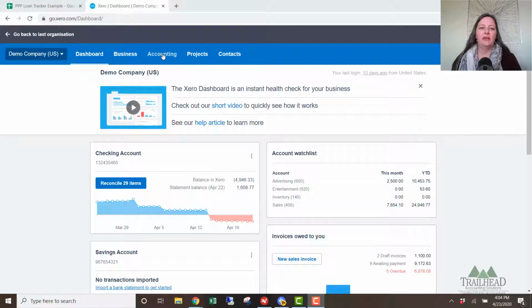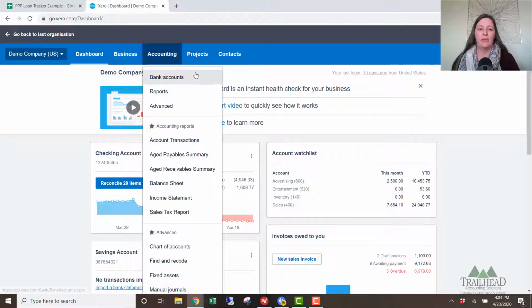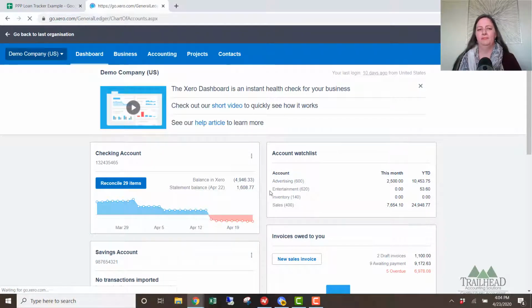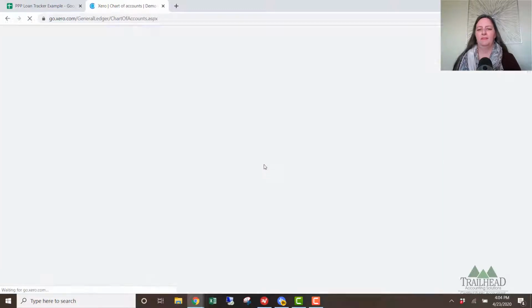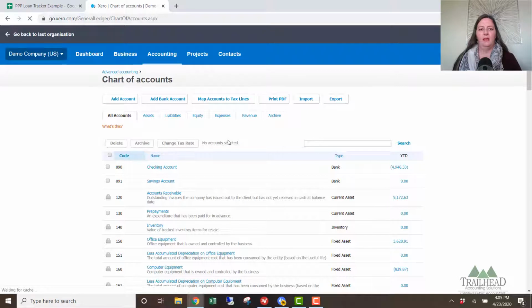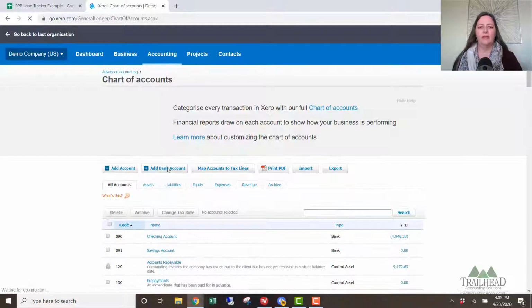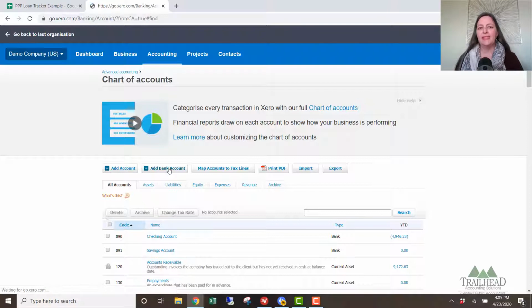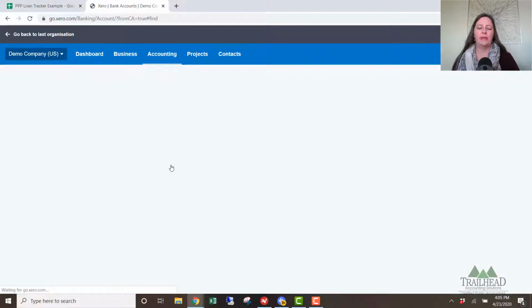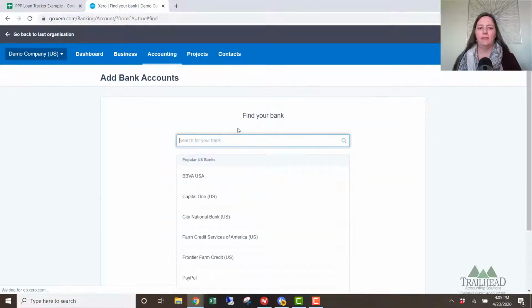So we're going to come up here in accounting, and today I'm just working in Xero's demo company. You're going to come down here to chart of accounts. All right, and the second option is called Add Bank Account. So if you did set up a new bank account for your PPP, this is where you'll do that. So you click on Add Bank Account,